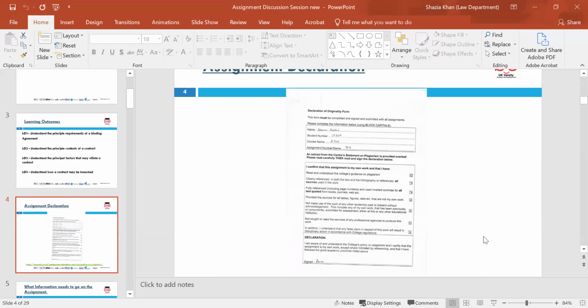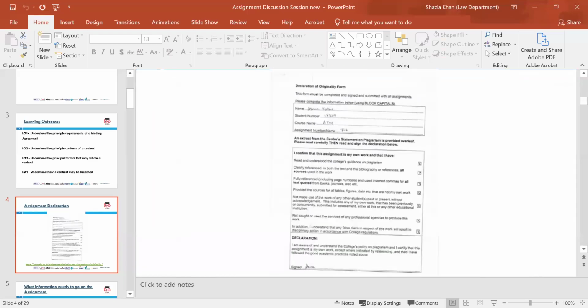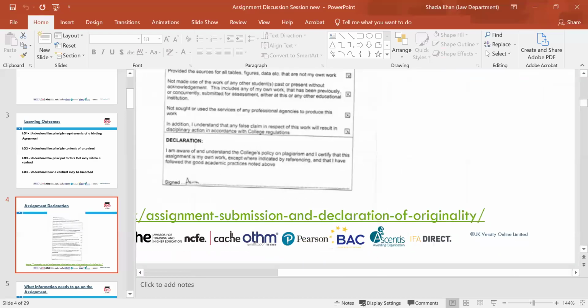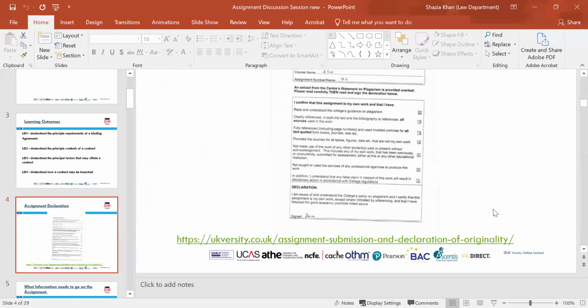So you have to confirm that you've read the policy in place on plagiarism and malpractice, and you have read the contents of the policy. So you will be ticking that and signing that. So you can see there that I confirm that the assignment is my own work and I've read and understood the college's guidance on plagiarism. You've also clearly referenced, in both text and the bibliography or references, all sources you've used